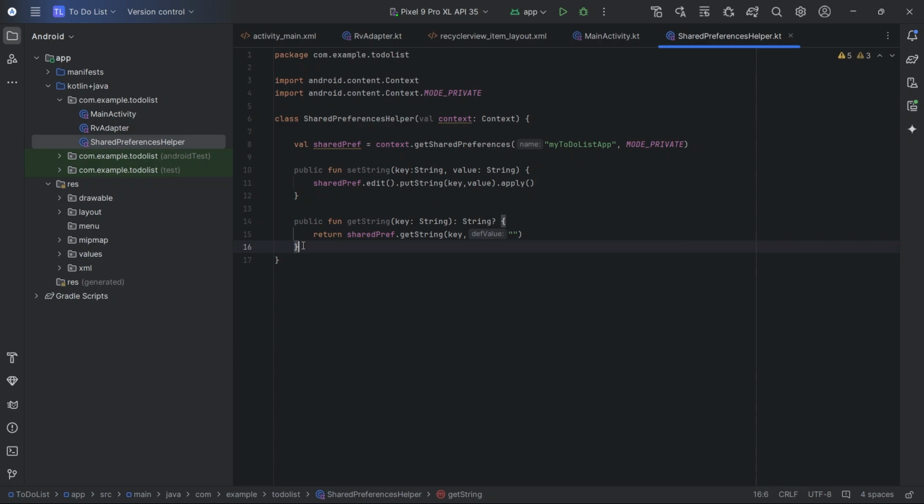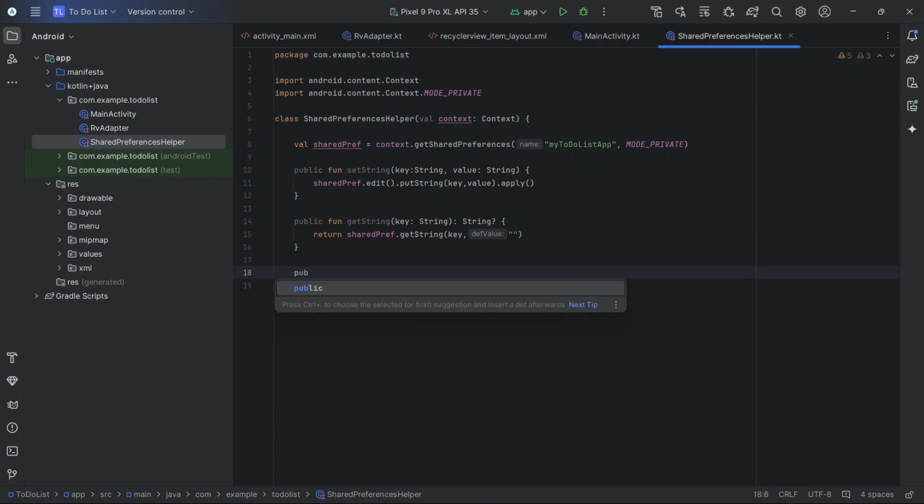Okay, we are missing one more thing over here, that is a method to remove anything that we are storing using that particular key. So let's say public fun remove string, again with the key,